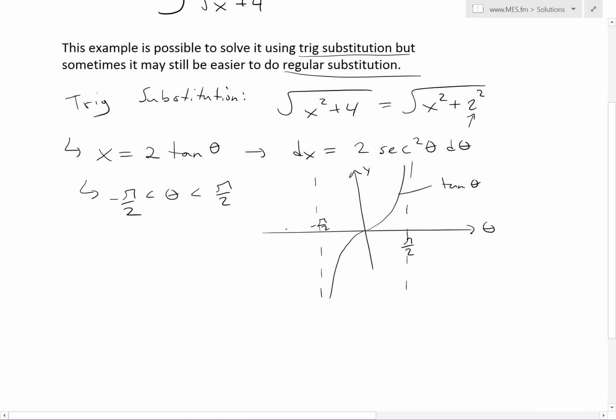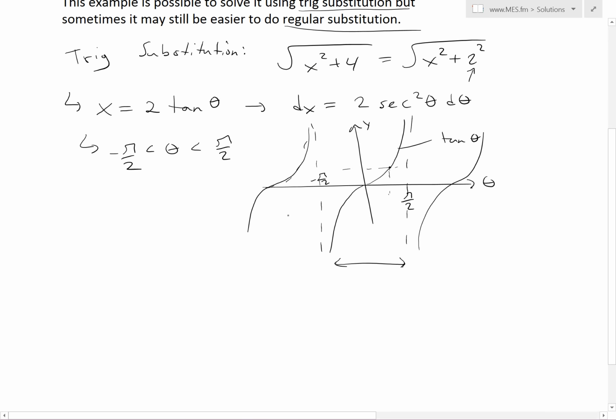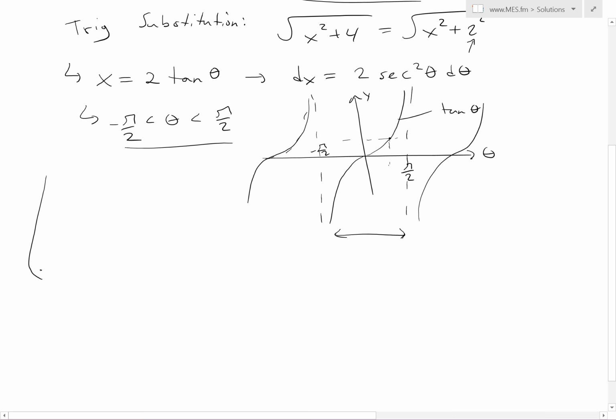Since it just keeps repeating itself, it goes like this, etc. So we're just selecting this range right here, so that each y value has just one theta value. Okay, so now that I've recapped why we have to define this range,